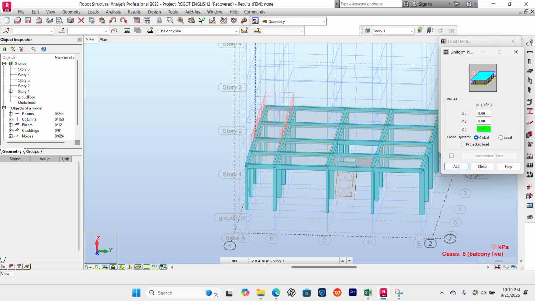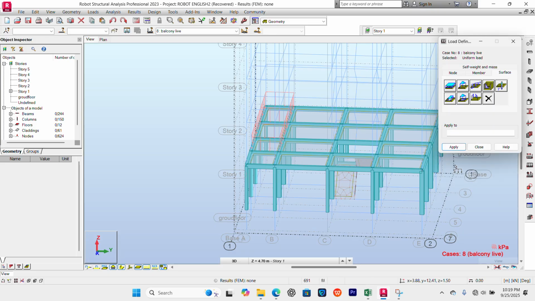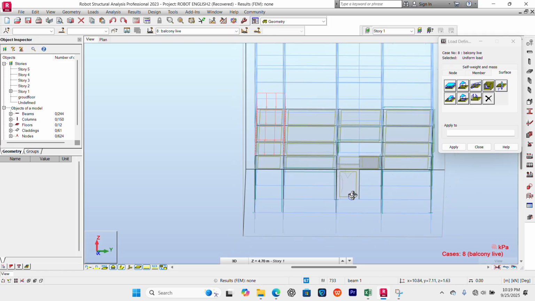That's it, and then we can click on add. Then we have defined the live load of our staircase. So now we are going to do the application properly.